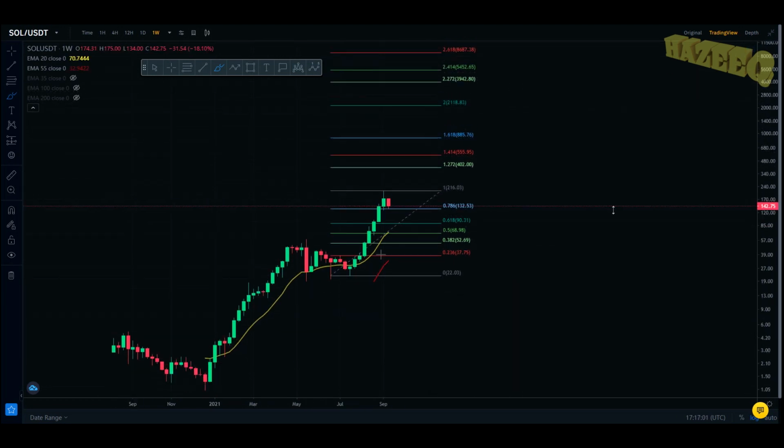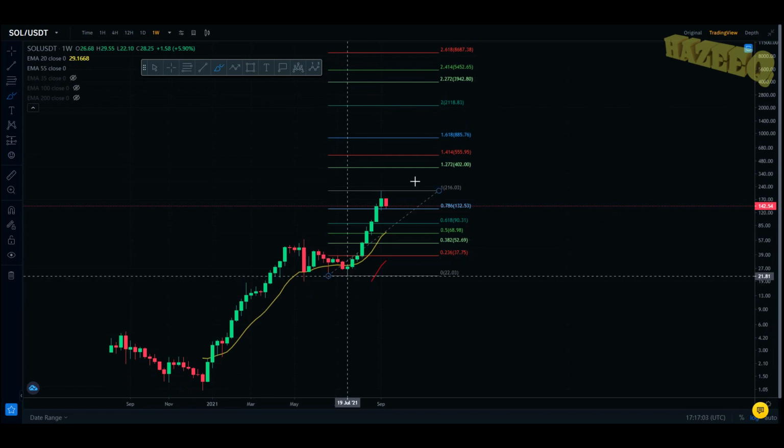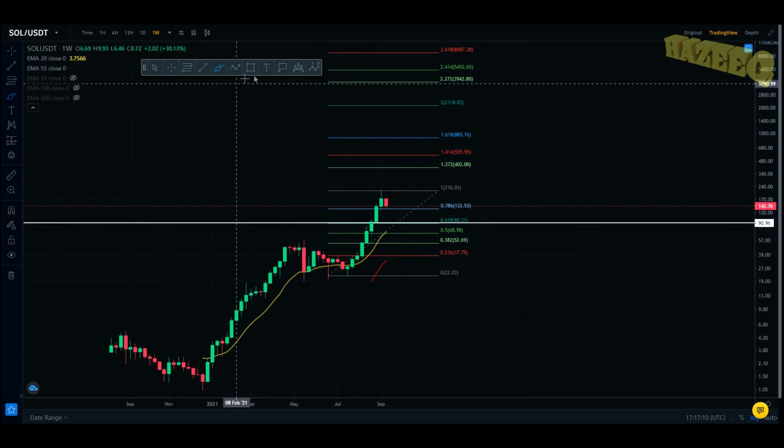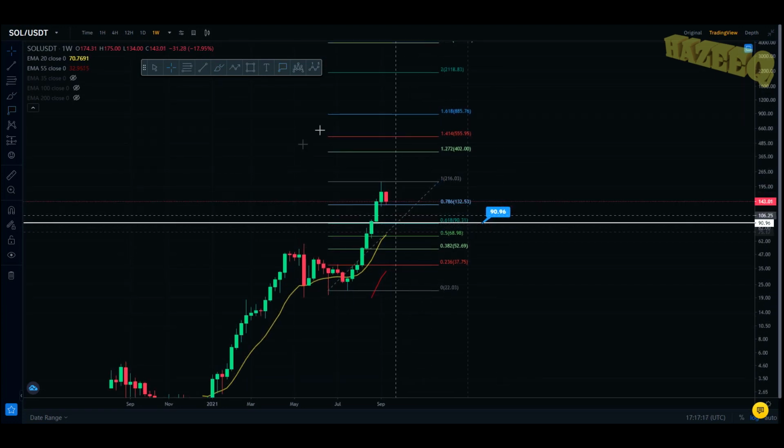This is a smaller fib that I have set up from this low in July to this swing high in September, and we do have our 0.618 sitting here at $90. So I'm going to mark off that area. That is a very nice level to put some money into Solana if it ever gets there, and it may